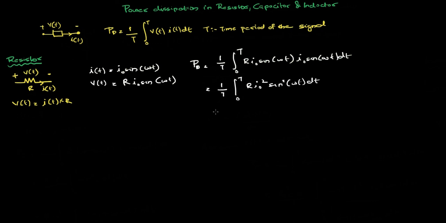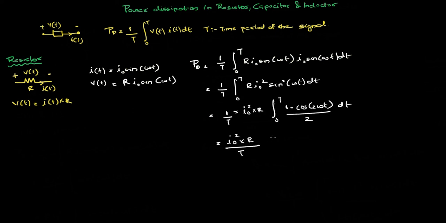This can be further written as 1 by T into I0 squared into R integral from 0 to T, where sine squared omega t is equal to (1 minus cos of 2 omega t) by 2, dt,